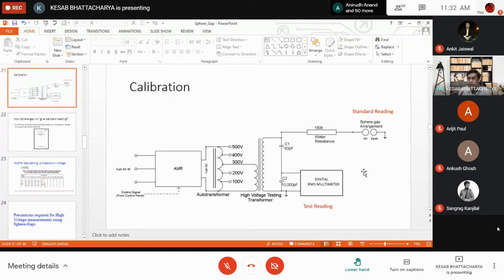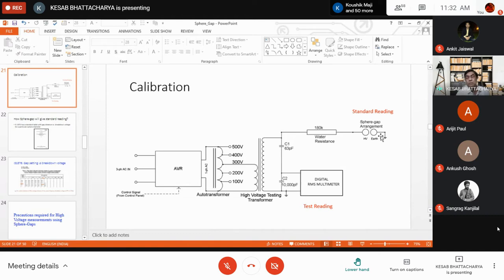Otherwise, the basic principle is like this: if you include appropriate factors, then it is possible to calibrate the scale of this particular meter in such a way that it will measure the low value dropped across the capacitor C2 and predict the peak value of the voltage appearing at this transformer. And the purpose of doing this is because the voltage that appears across these two sphere gaps